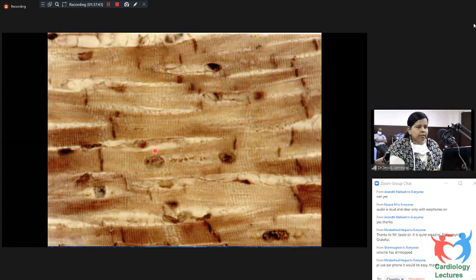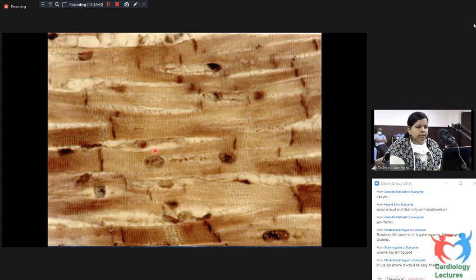This is a light microscopic view of the pericardium. It is lined by mesothelial cells on the surface. This is a fibrous tissue and this is the adipose tissue. This is the visceral pericardium, the layer of mesothelial cells beneath which there are adipocytes with nerve bundles and blood vessels.